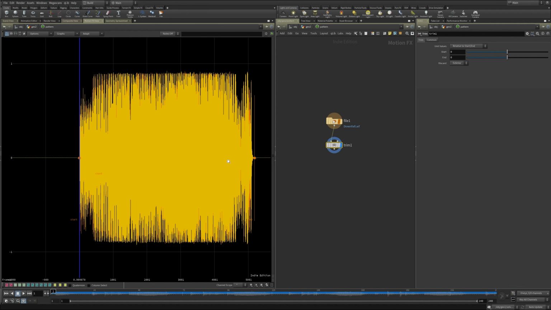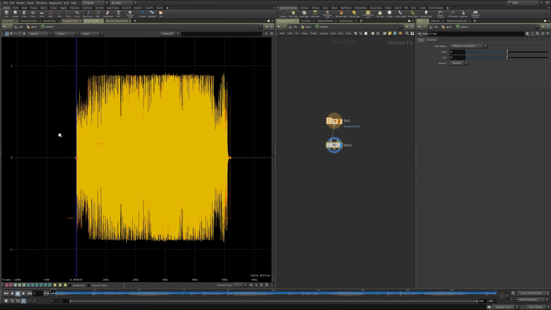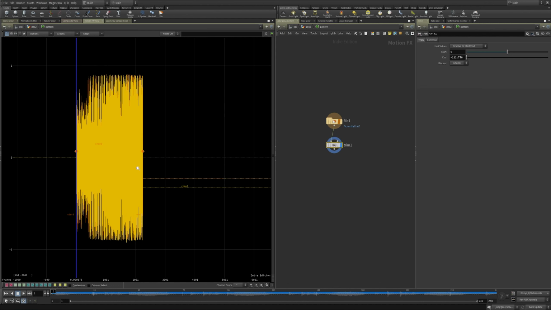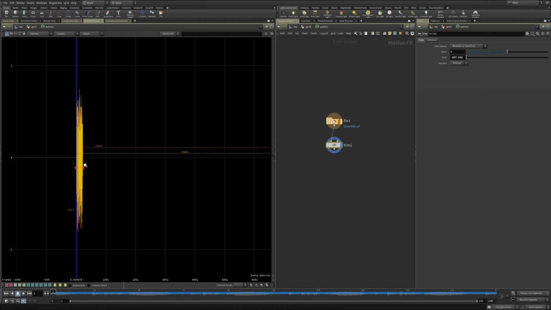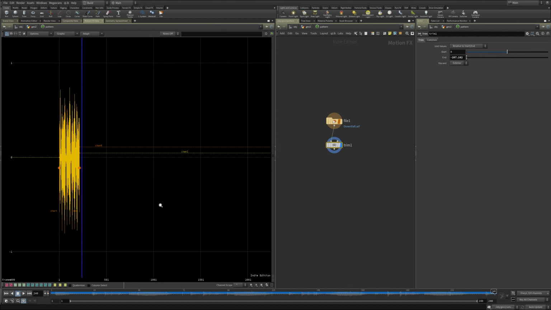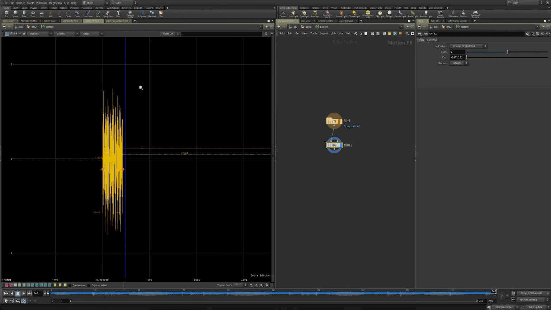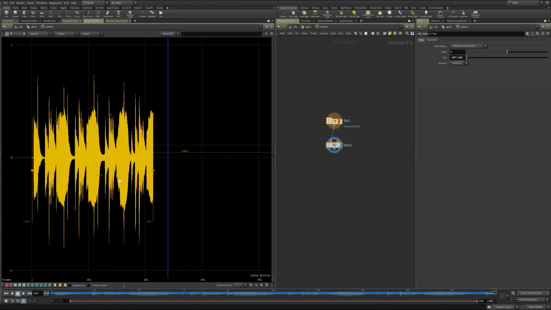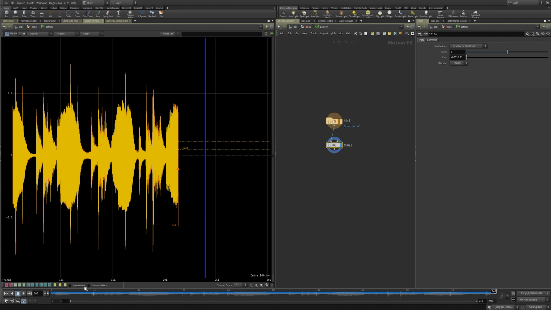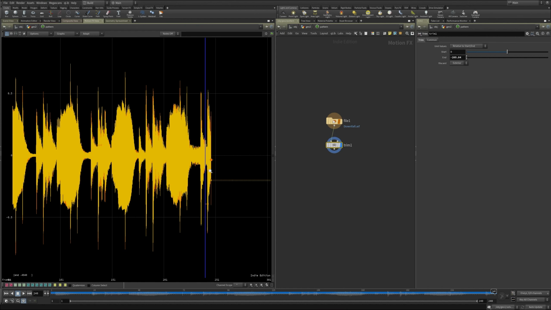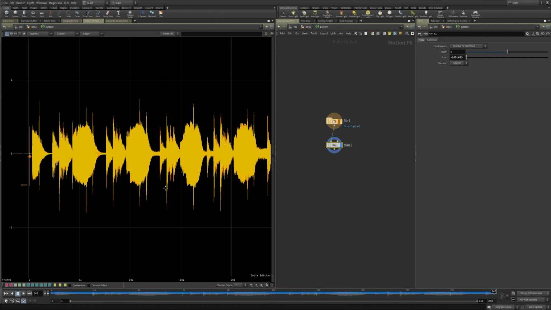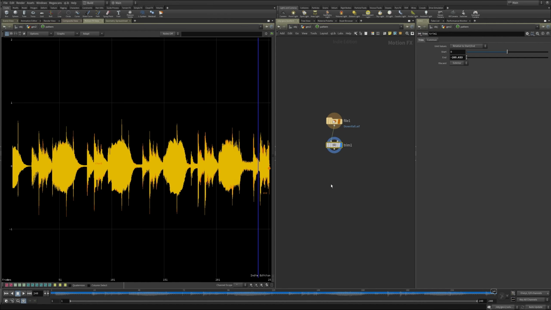Spacebar and H on your keyboard will give you the entire view, showing you the full length of your song. I'm going to just use the handles in the motion effects view to bring this way back. And then I'm going to go to the end of my timeline. If you don't have a play bar that shows up in your motion effects view, it's this toggle right here. So this shows me where the end of my timeline is. Also, you've got numbers down here at the bottom that also show you. It's just easier to see the playhead. So I'm going to bring that all the way, maybe just a little bit past my full time range there.